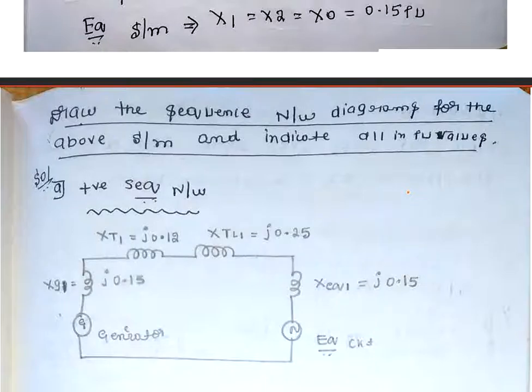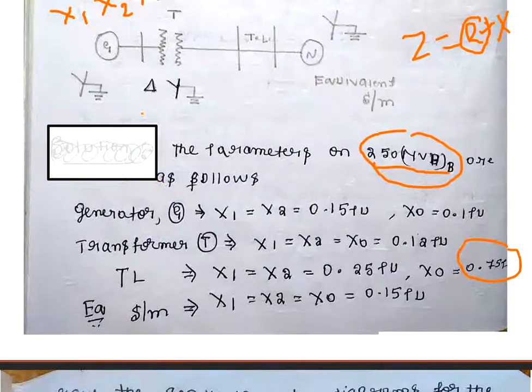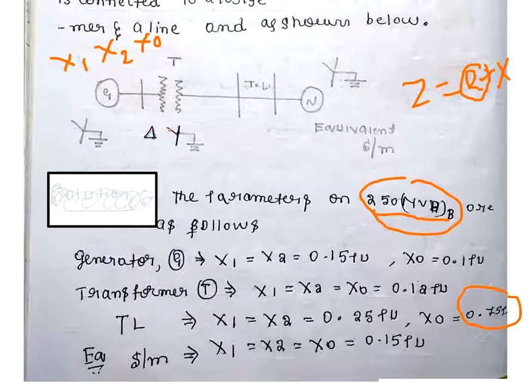Now there is a generator, and the generator is connected to a reactance. The reactance value is 0.15. Instead of Z I can take X. So this part is of my generator, and I am drawing only for the positive sequence. Now, what is next connected? After the generator, what is connected?